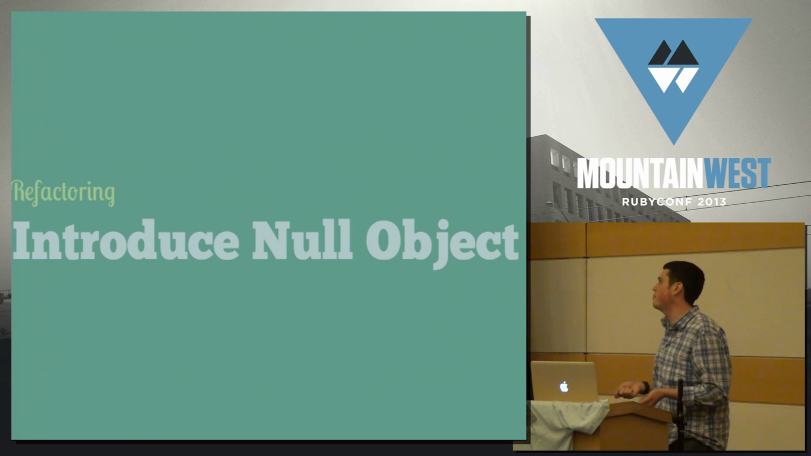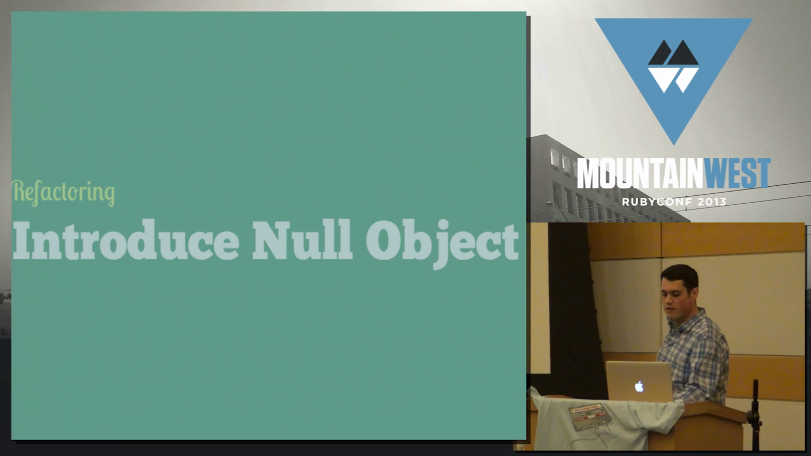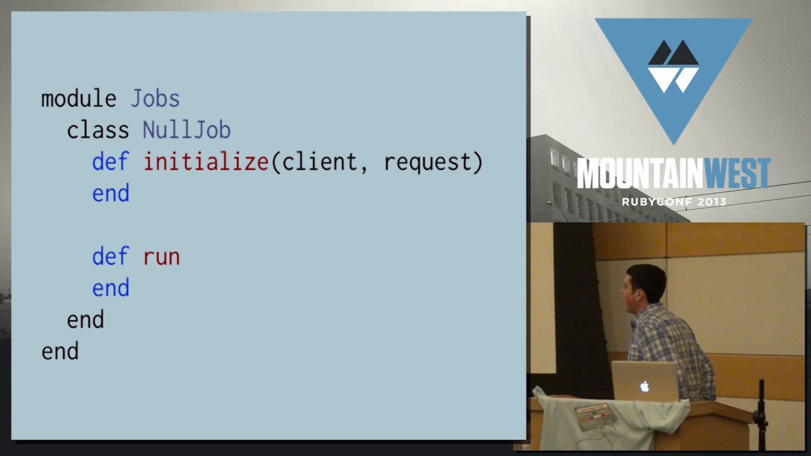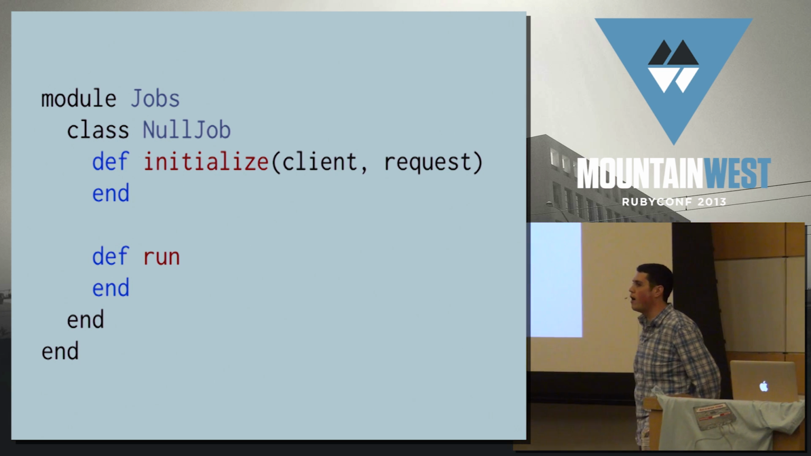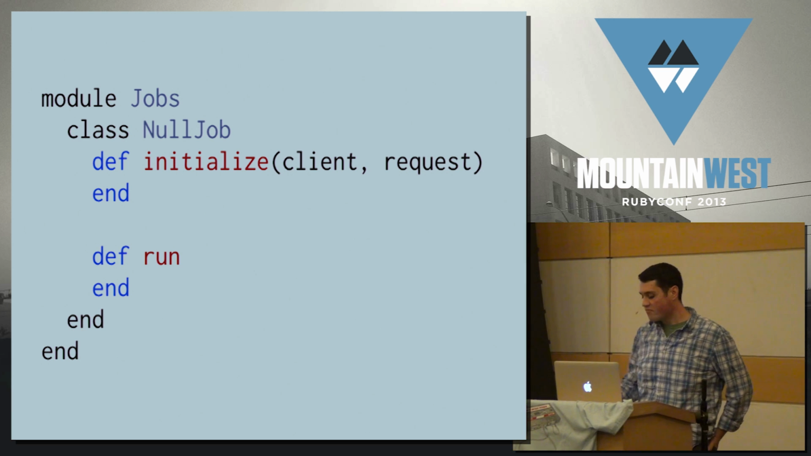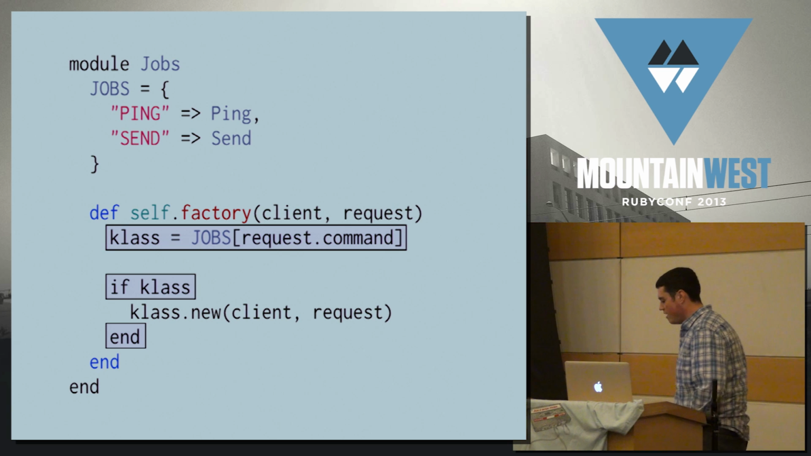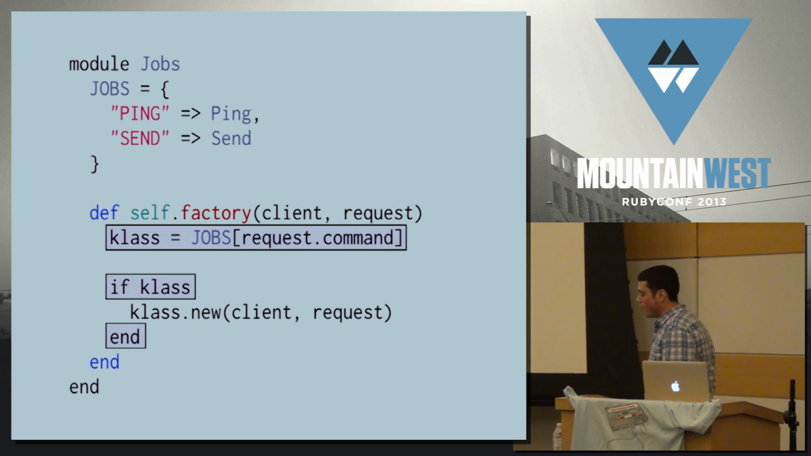We're going to use the null object pattern. We're going to introduce a null object to represent an unknown command. So it's going to look like this. It's going to quack exactly like a job, but it's a no-op. It's not going to do anything. You can call run on it, and it's not going to do anything. But it speaks the same interface, which means in our jobs class, now instead of guarding here, we could use